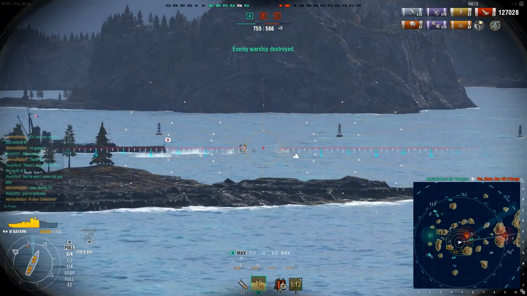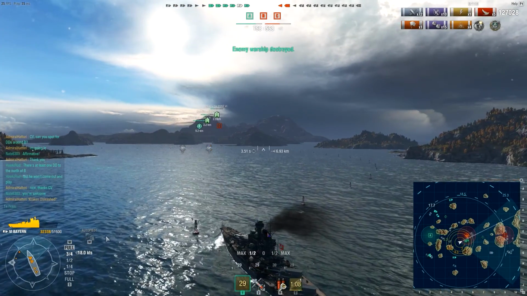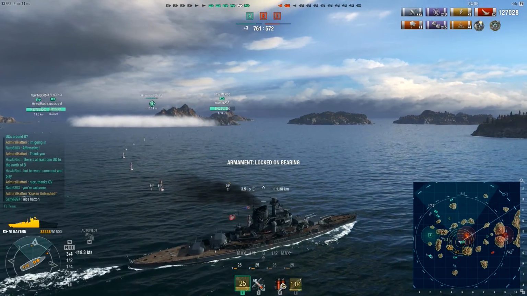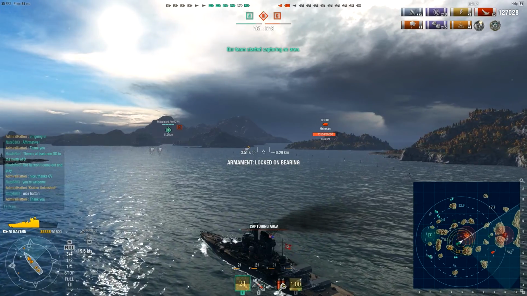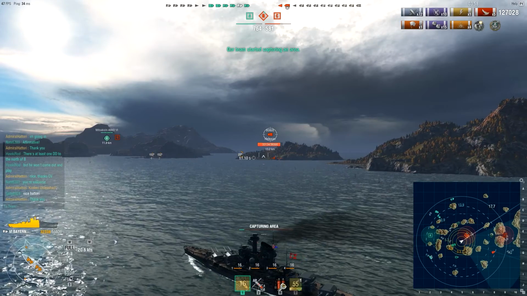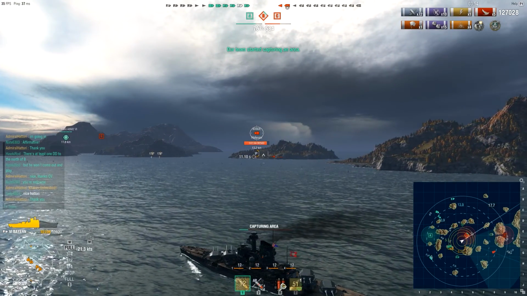But I personally prefer the Bayern over the Warspite, and also the Warspite for some odd reason has a really weird armor scheme. When I say weird, it's that no matter how much you angle, you still take a decent amount of damage, and of course if you show a broadside, you could easily get citadeled in the Warspite. While in the Bayern, you don't get that as often, because the Bayern can certainly bounce the shells with her